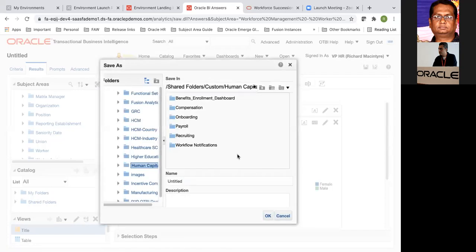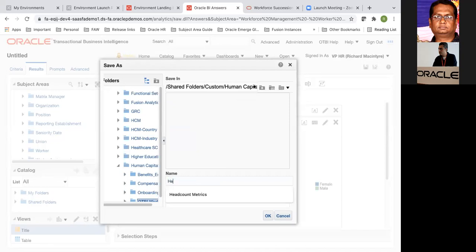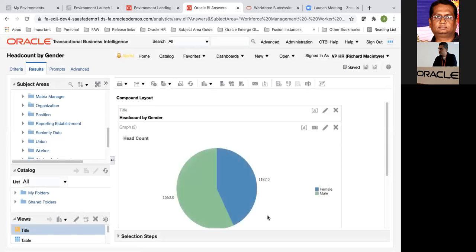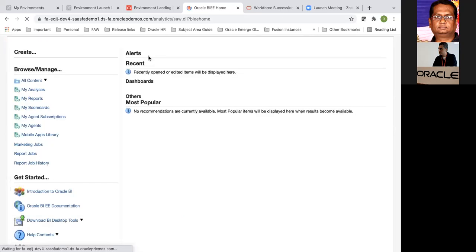I have a folder like this. Okay, and I'll give some name. Description is not mandatory. The name is mandatory. And whatever name you give generally appears as the title here. Okay, and now I'm going to navigate back.